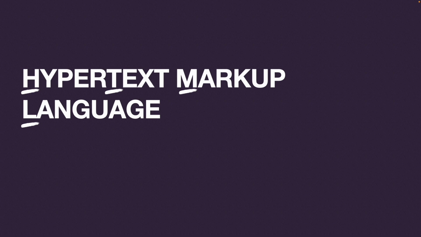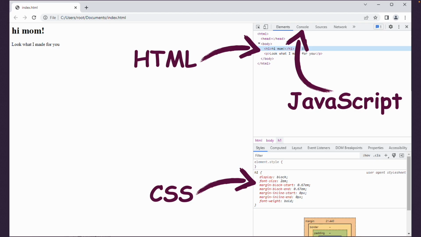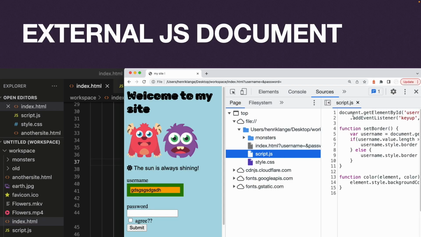So HTML, hypertext markup language, is simple text documents written by humans and read by browsers. They're used to define the content, structure, and resources on a website, and it's one of the 3 languages that a browser understands: HTML, CSS, and JavaScript. It tells the browser what's on the page and where to find the other necessary files that make up the